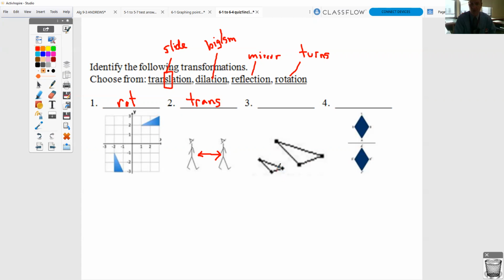In question number 3, the triangle gets bigger or smaller. So this is a dilation. And in question number 4, you have that flipped opposite mirror image. So this is a reflection. You can tell that this is a reflection and not a translation because of the line of symmetry here in the middle. And also, if you take a look, the letters are opposite. If they were the same, it would just be sliding from one place to another place, but the letters are